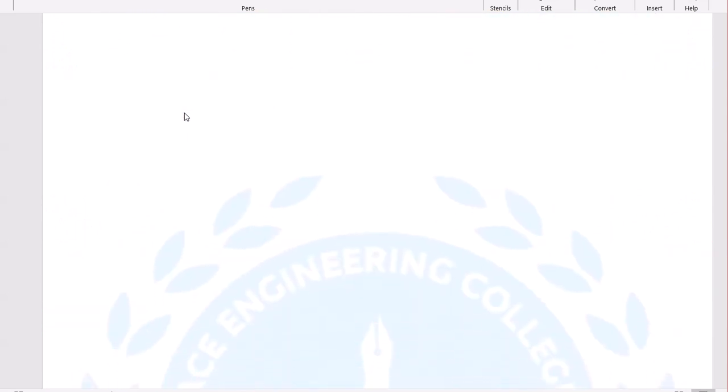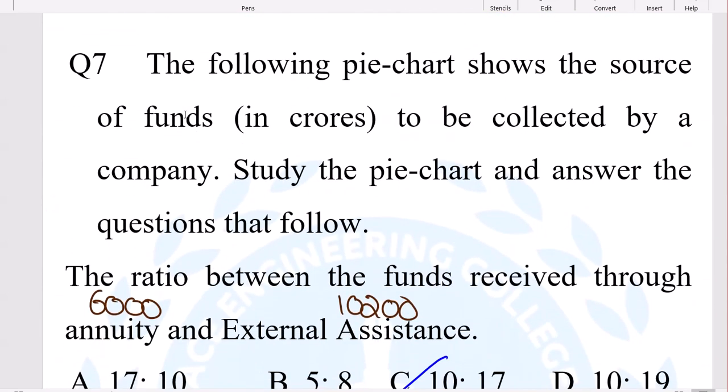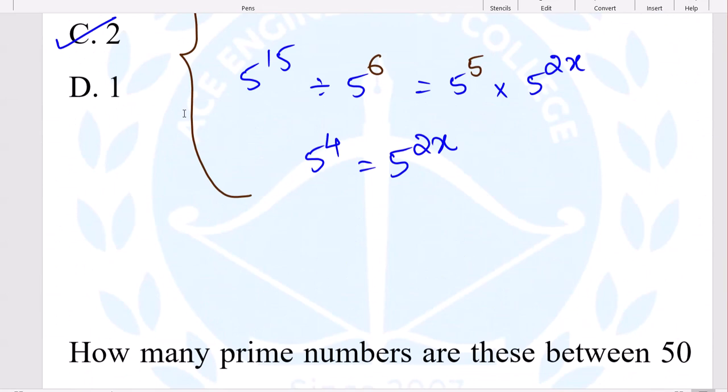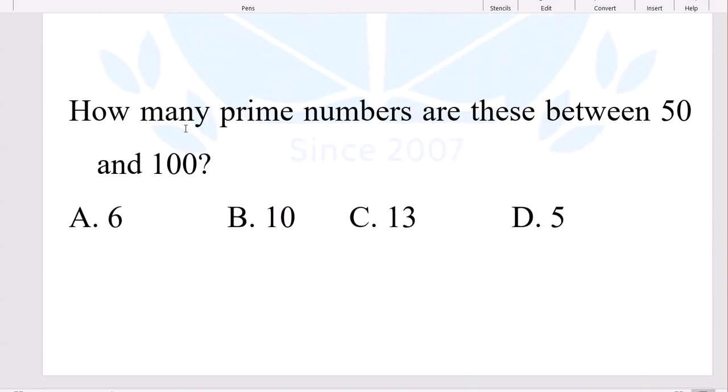Sixth done, and we are done with seventh question as well. Eighth one done. Ninth one,